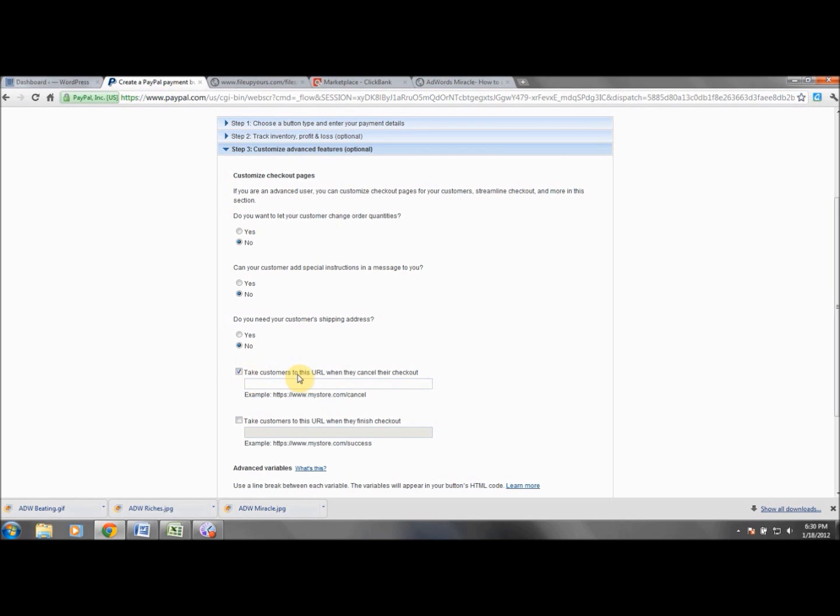One thing that we don't do that you might want to do is right here. It says take customers to this URL when they're canceled. You would be surprised to know how many people will click through to buy something from you and abandon the purchase. I mean, it is amazing. So what you want to do, and what we did once, and it really helped when we first started with AdWords, we took them to a URL on our AdWords ban.net website, and